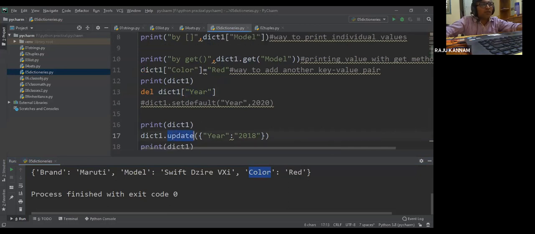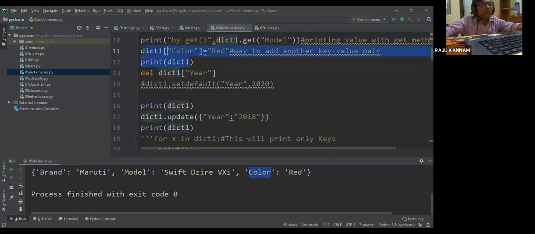Either you can write dict1 of year equal to, and mention the year, or you can use this update method also. This update method also will add year. See here, year is added now.